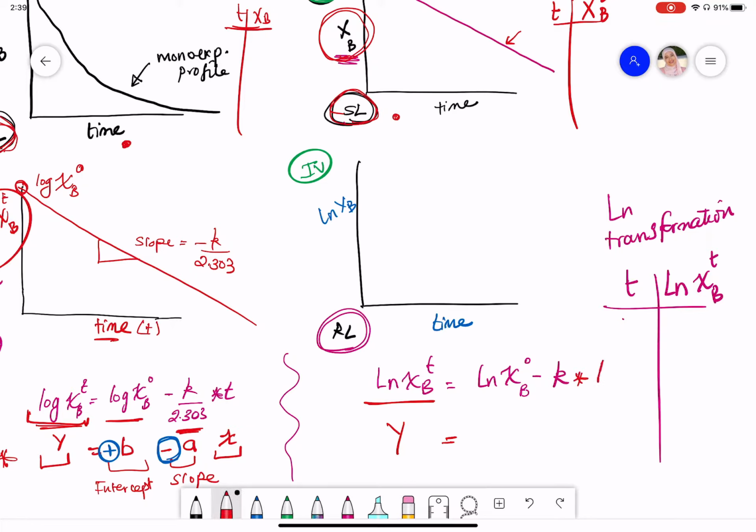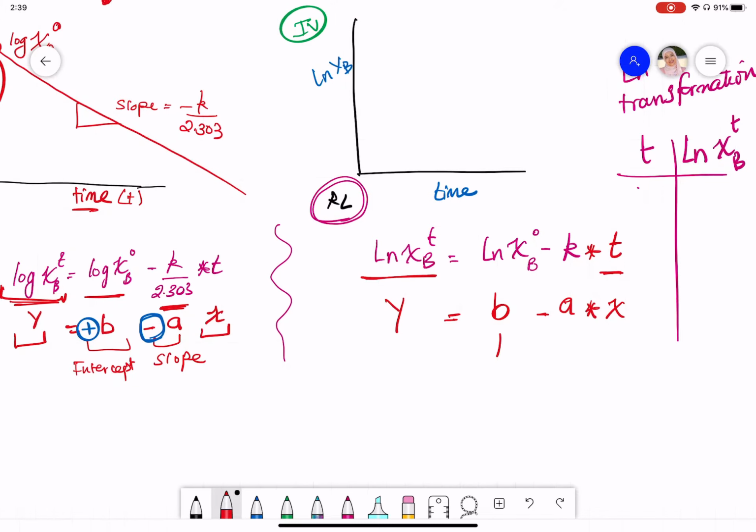This is multiplied by the time. So this would be your x, this is your slope, and this is your intercept, y-intercept for sure,